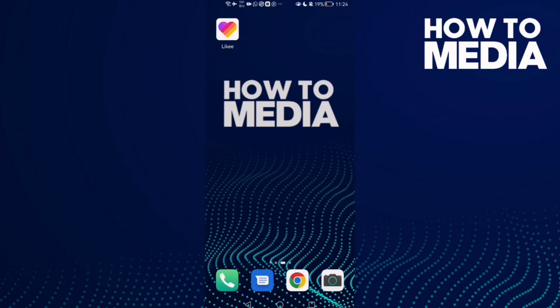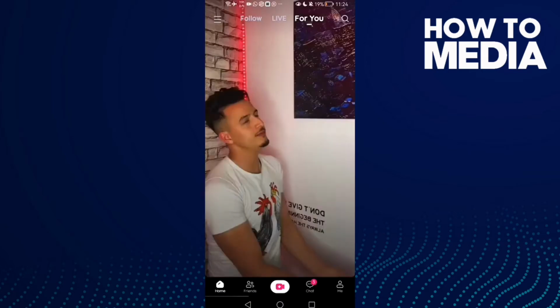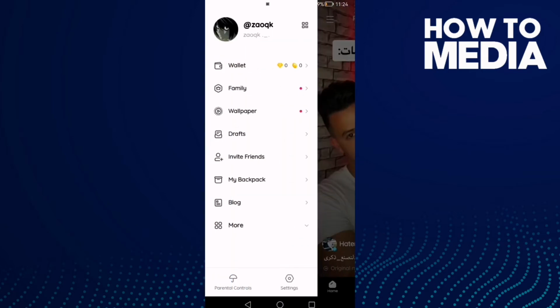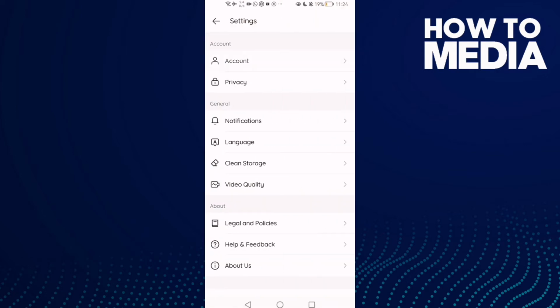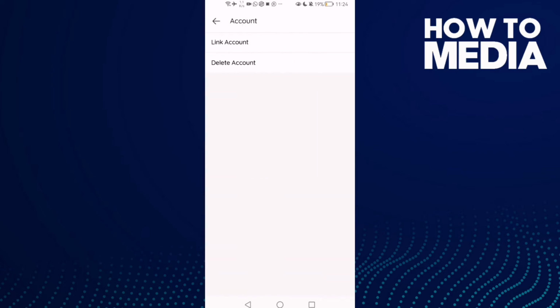First thing, go to Likee app and then click this three lines in the top corner and click settings, and here you will find the account. Click on it and click link account,